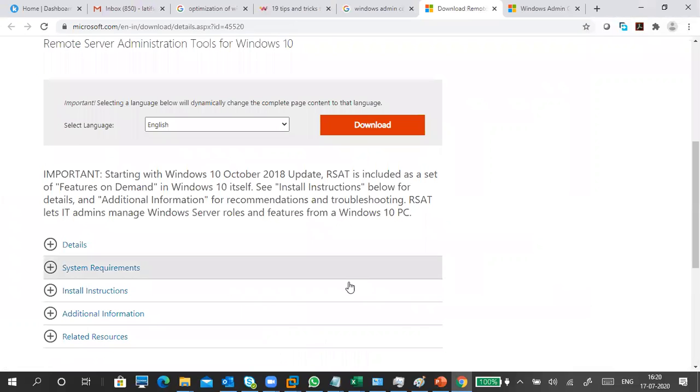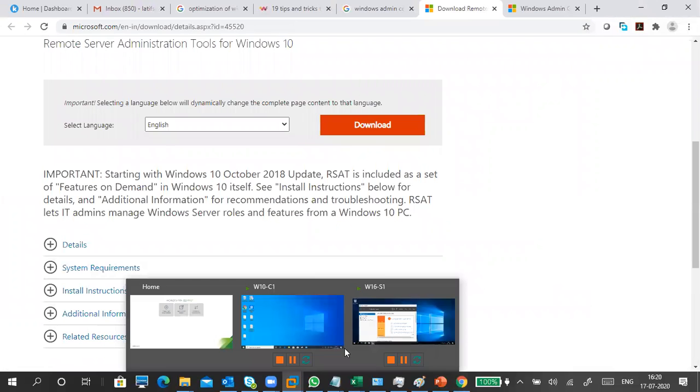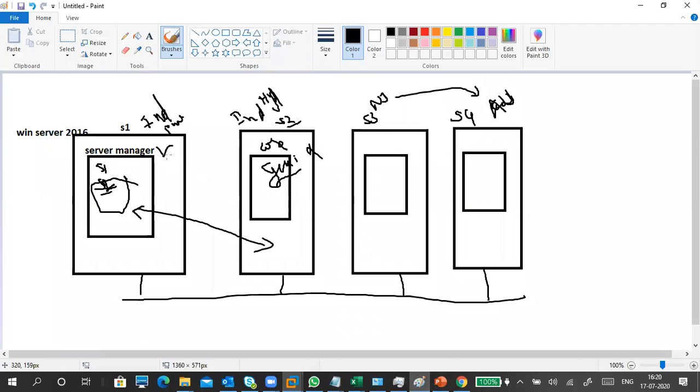You know what this RSAT tool is? For example, if you want to manage the server, you have to go to the server room, right? But the server room is very delicate, so you should not go inside the server room. Once setup is completed, that's it. Physical access of the server is not at all allowed. If you cannot access the server, how can you manage the server?